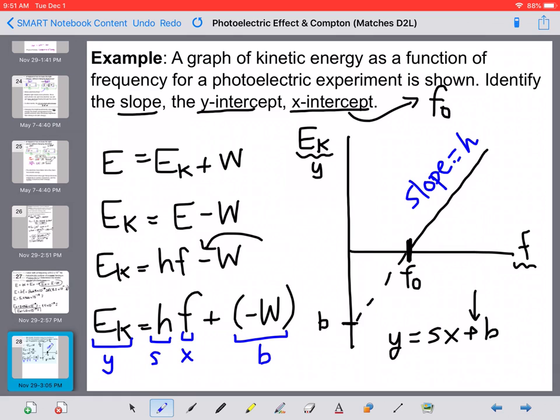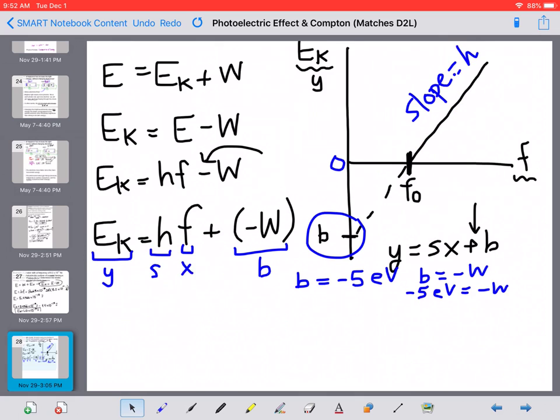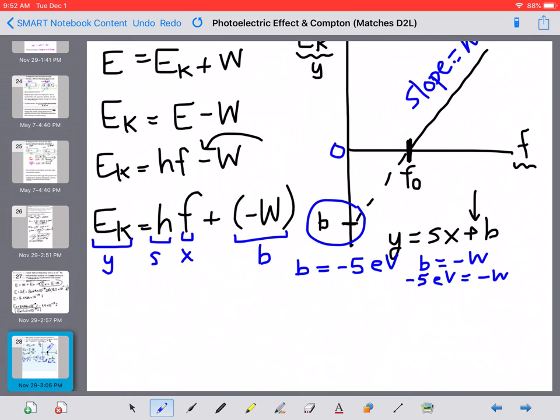And down here, we have B. So let's just say, for example, that B was equal to -5 electron volts. I know it's going to be negative because it's underneath, like this is where 0 is. Anything underneath 0 is negative. Since B is equal to the negative of the work function, that means -5 eV is equal to the negative of the work function. And that's the same thing as saying that 5 eV is equal to the work function. So work functions themselves are not negative, but the y-intercept will be negative. But that's okay because the negatives are going to cancel